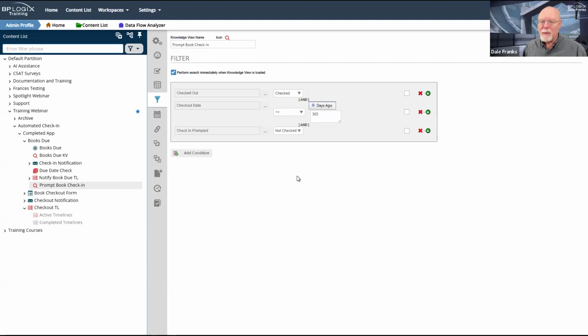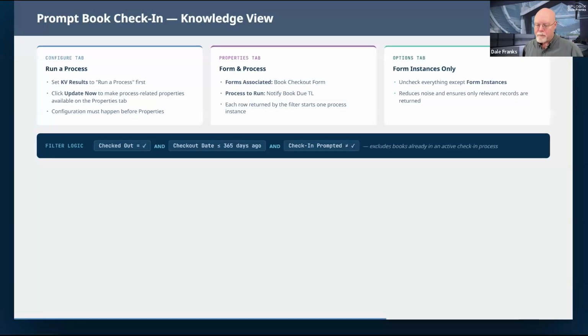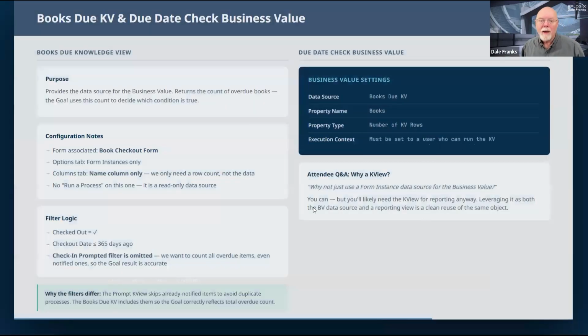And that gets me my process invocation on my notify book due timeline. So now I've got the basic pieces I need to do the process automation that I want.